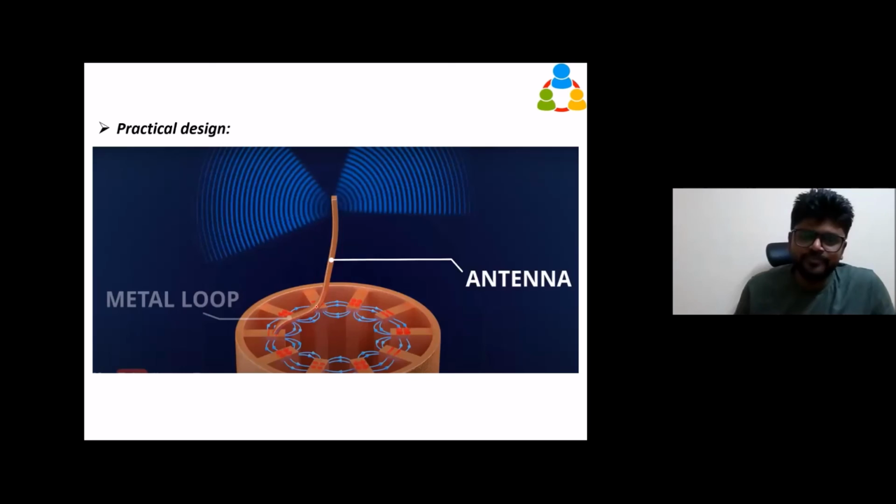With this metal loop, we will tap, and that will be radiated as electromagnetic waves. Because in this metal loop also, charges will be flowing back and forth, since it's connected to one of the cavities. The oscillating charges produce the electromagnetic waves. How is it going to oscillate? Based on this frequency only. In whatever frequency it's oscillating, that frequency will be radiated. Accelerated charges produce electromagnetic waves. So we have successfully produced the electromagnetic waves.